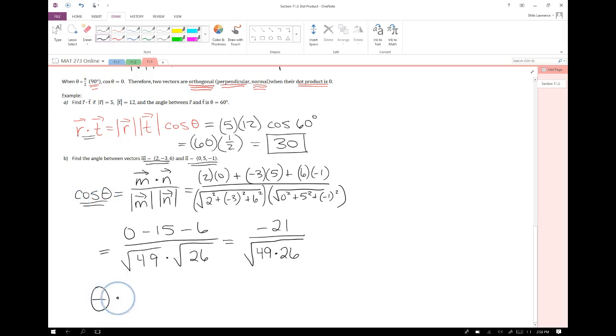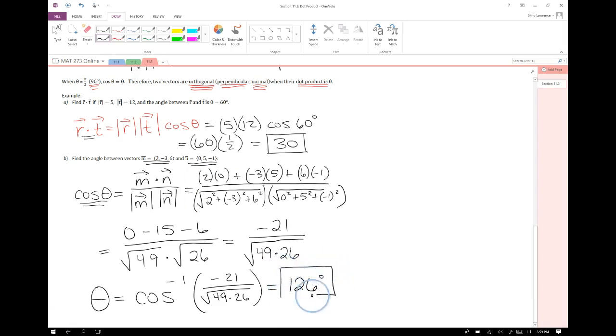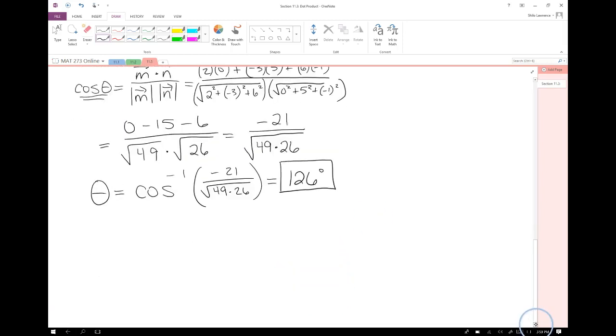So for us to actually calculate the angle, we're going to have to ask our calculator what cosine inverse of -21 over the square root of 49 times 26 is. And I'm just going to do this in degree mode to get an answer for my angle in degrees. And I get about 126 degrees. So just to kind of drive this home a little more,